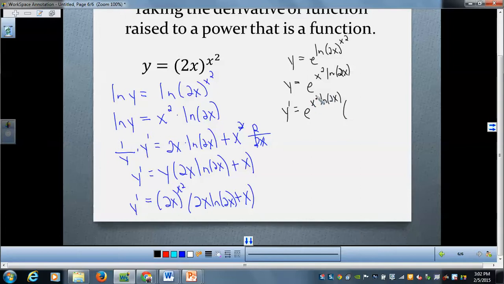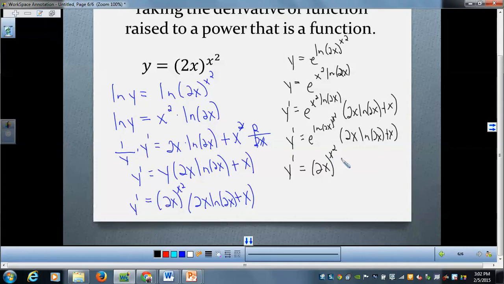times the derivative of u, which, notice, I'm going to take the derivative of this guy, which is the exact same product we have right here. So I know that that's going to be 2x natural log of 2x plus x. To speed this up, I'm just going to reuse what we know. Now, once again, I can go back and rewrite this. This is e to the natural log of (2x) to the x squared, and then times all this stuff. And once again, we know this is 1. They undo each other, so I'm really left with what I started with, which is this whole (2x) to the x squared, and then times 2x natural log of 2x